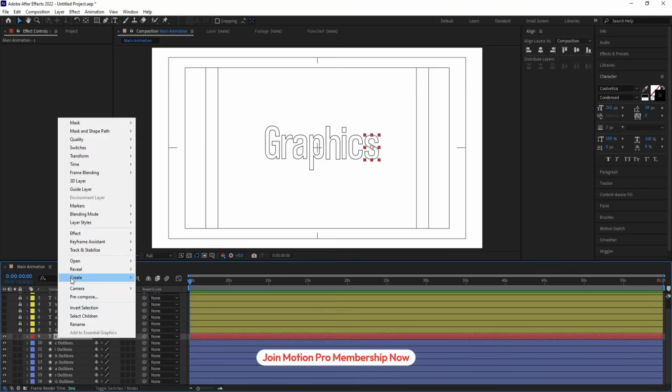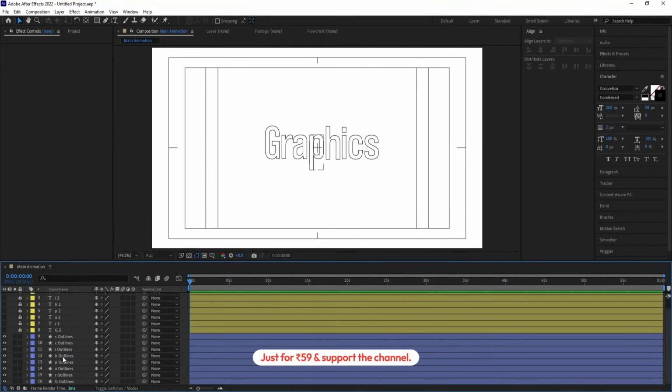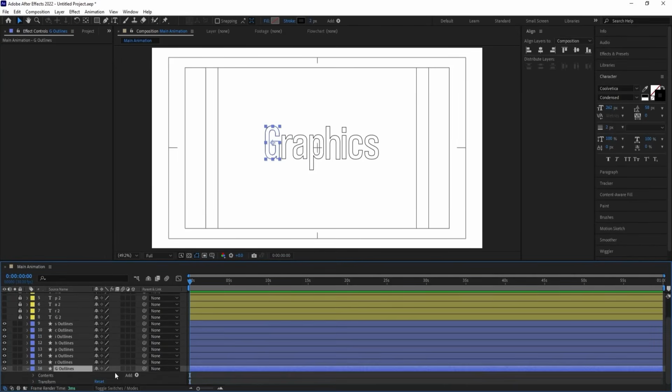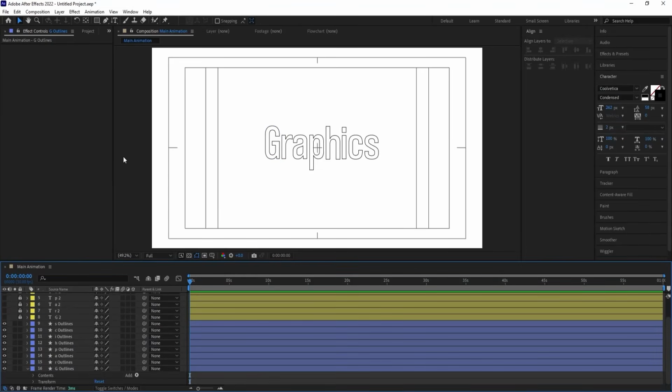Let's delete this and let's select this. Okay, so as you can see, now we have all of these portions. Now if I select this G and go to the add menu, I'm going to get that option called trim path. But before that, we need one line that should come from here and it should fill up